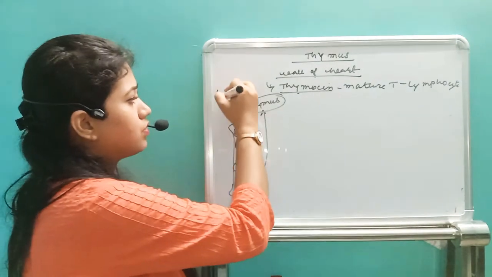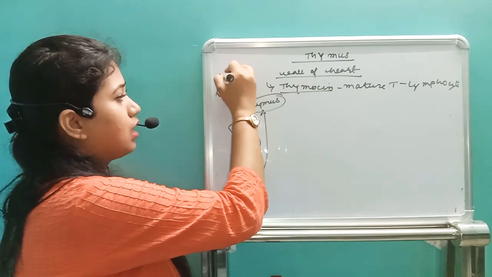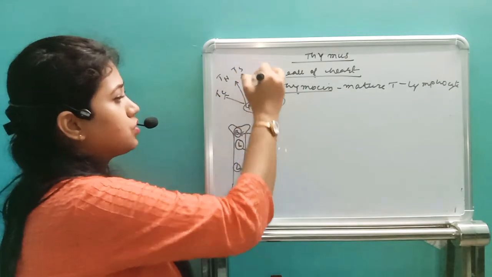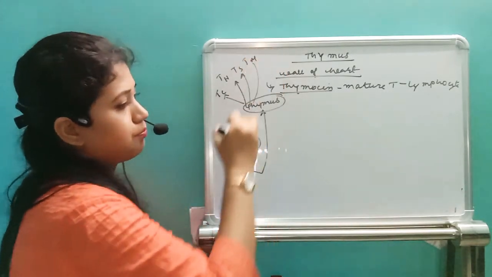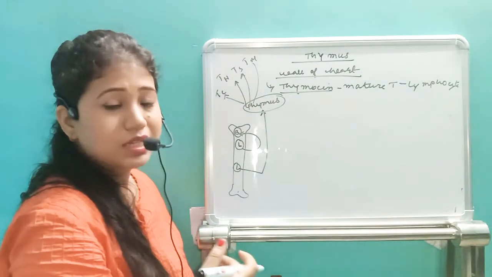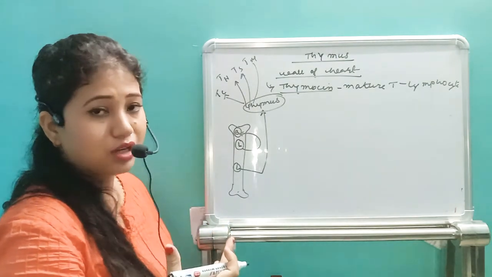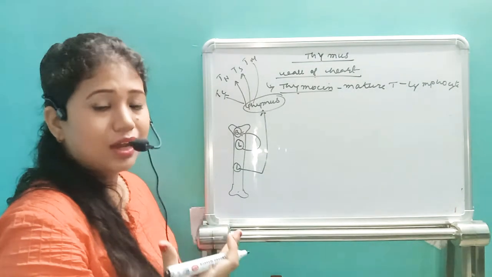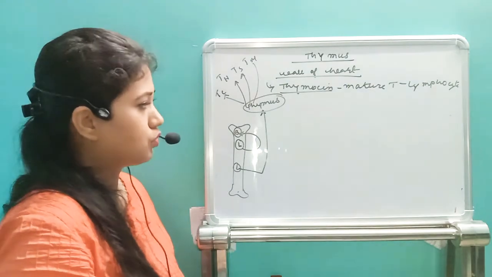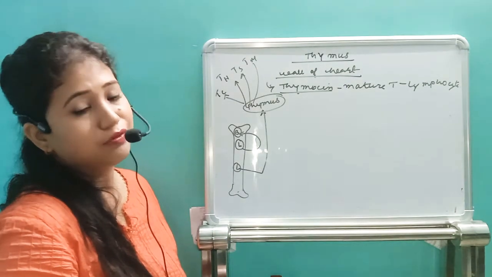So we are going to have different types of T lymphocytes like the cytotoxic killer cell, the T helper cell, the T suppressor cell, and the T memory cell. It is also called the lymphocyte school. That means in the thymus, the T lymphocytes will be matured and get developed to perform different functions. It has an immunological function. It helps in the maturation of the T lymphocytes.